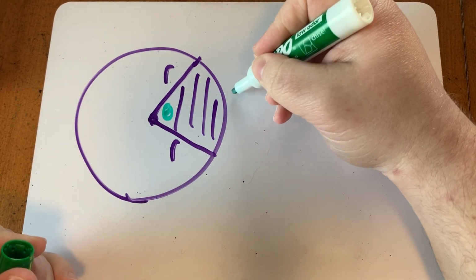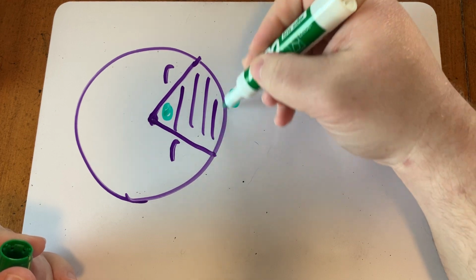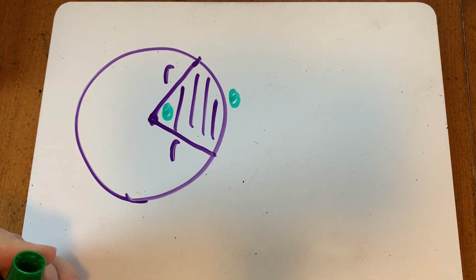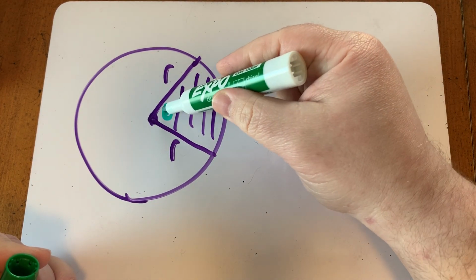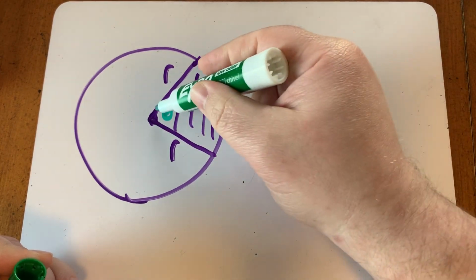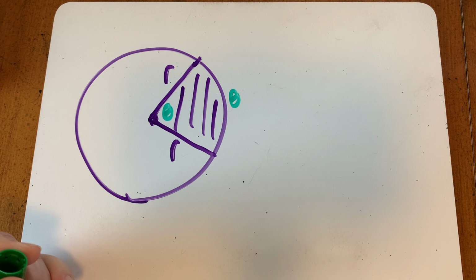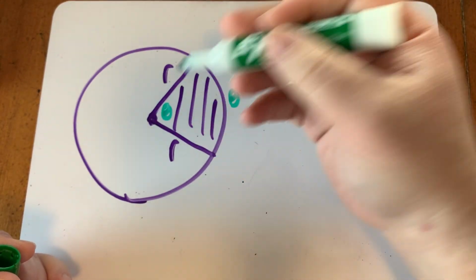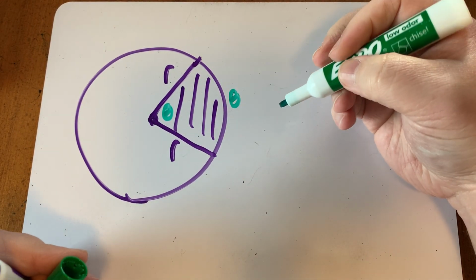And that central angle is also the measure of that arc, because the measure of a central angle is equal to the measure of the arc. And it doesn't matter which one you're given, because they're the same thing. But if you want the area of the sector